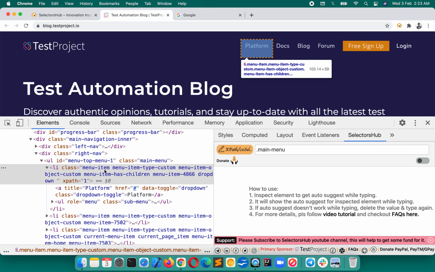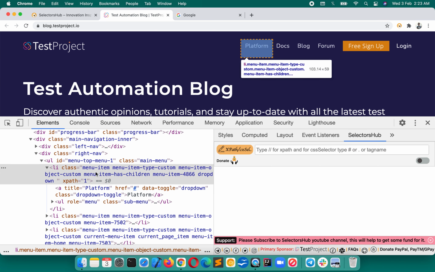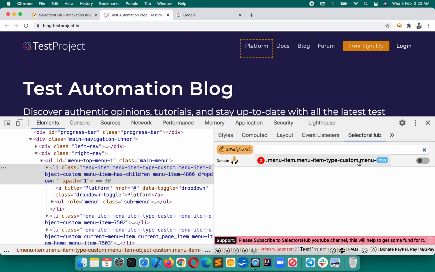So when you will be writing the CSS selector for class, you will have to replace all the spaces by dot one by one. So remember, all the spaces you will have to replace by dot, and start with dot if you are writing a CSS selector with class. So here basically in CSS selector you just put dot. What Selectors Hub does, it will replace all the spaces by dot here, and it will give you the value. But here you see that there is a space at the end as well. So avoid using this way because it will show you zero matching node. That is the reason that it is giving zero matching node, because a space is there at the end.